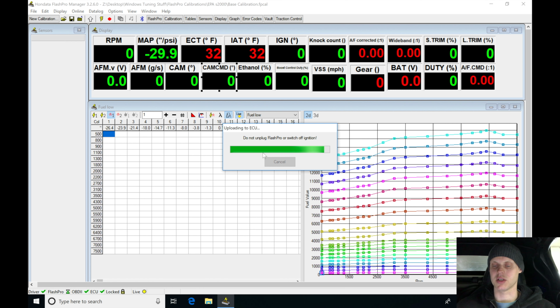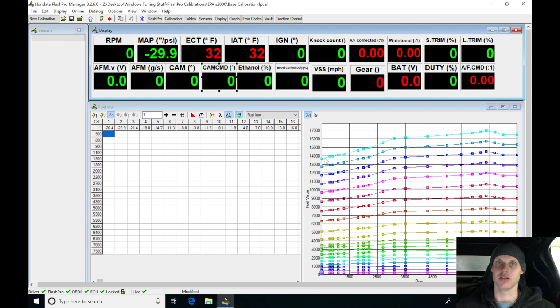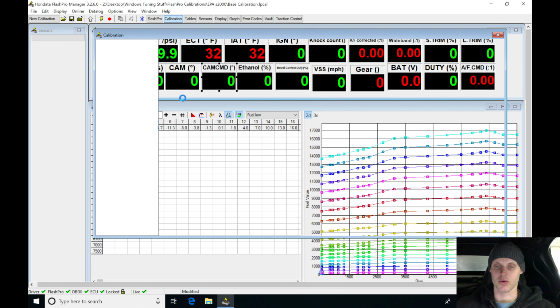Once we check all our sensor data, we're going to be ready to fire up the engine, and we're going to be paying attention to the starting. Because we're on ethanol, it's going to require a lot more fuel, and the engine is cold right now. Right there the fuel pump's primed, so it went in and uploaded. It tells us the last FlashPro upload succeeded, so we'll know that it's uploaded the file that we created. Let's jump in here real quick. One thing that I want to point out